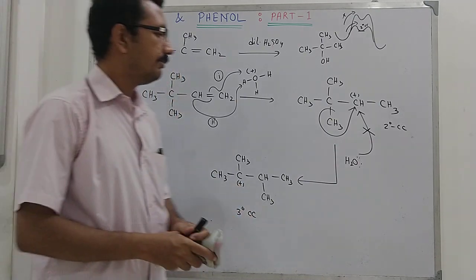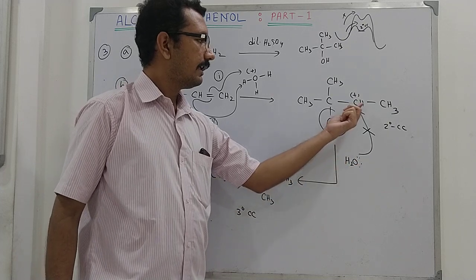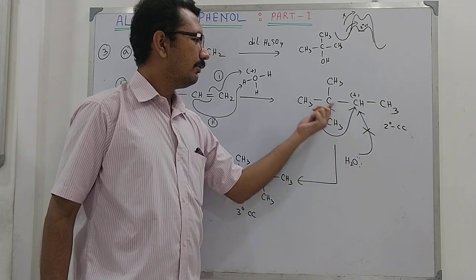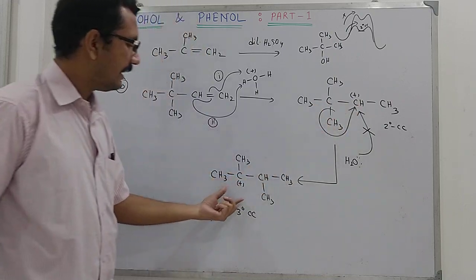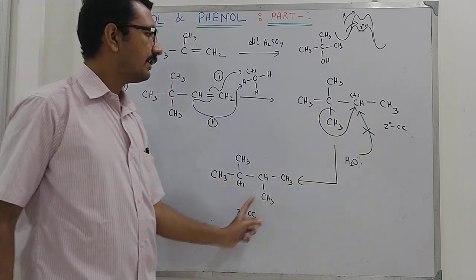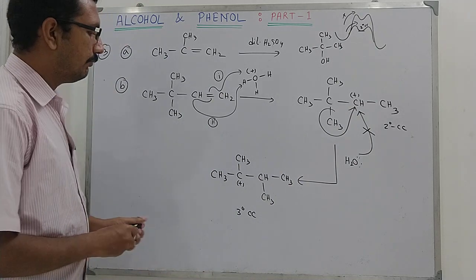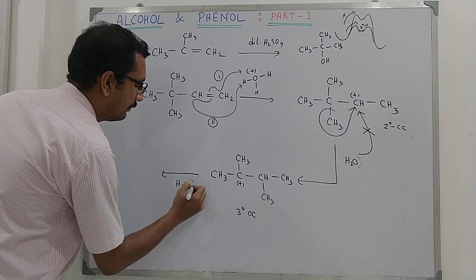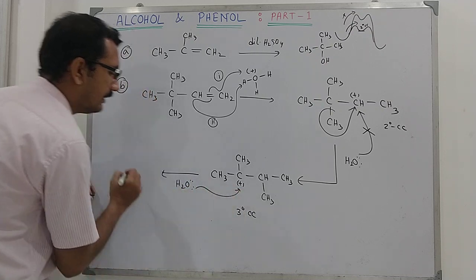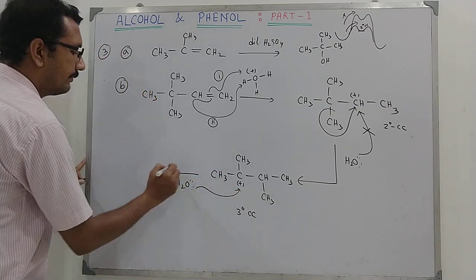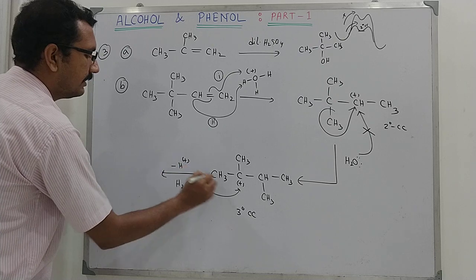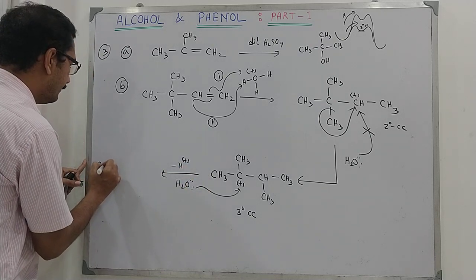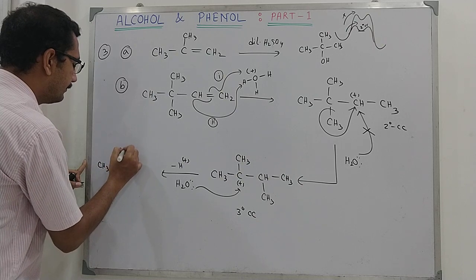So before attack at this site by nucleophile water, there will be a migration, and this rearrangement will give a more stable carbocation than the 2 degree carbocation. Now it's time for water to attack. It will attack at this position. So after attack of H2O and deprotonation of this product, we will have CH3